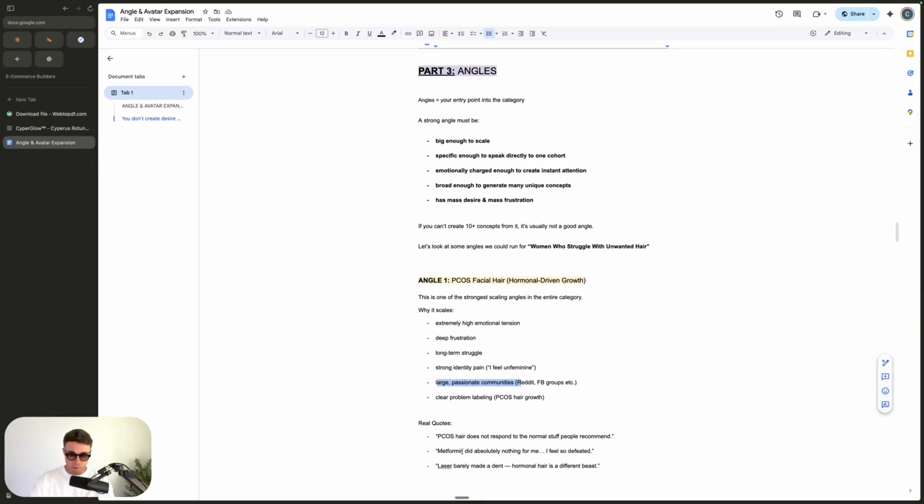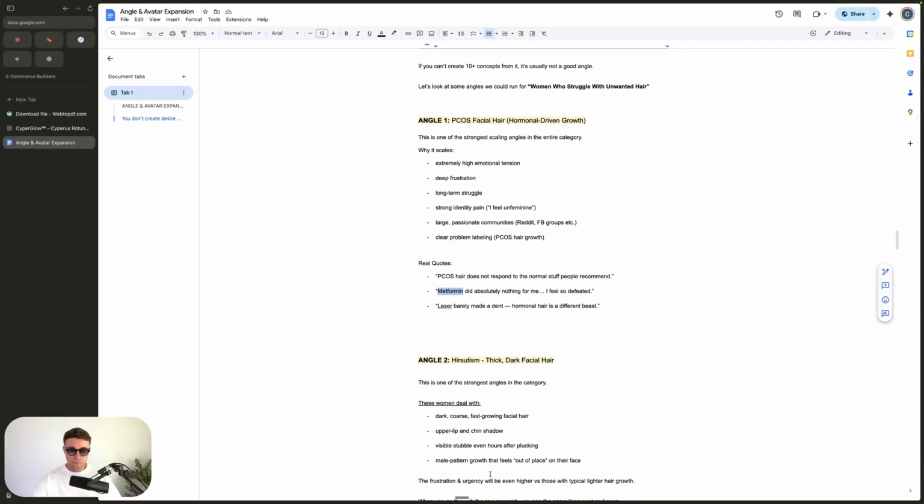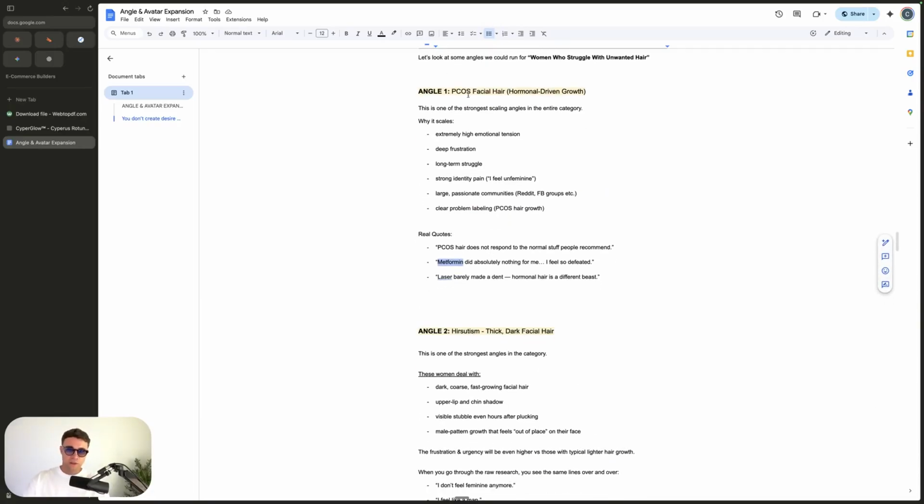Metformin did nothing for me, which is a type of medication that people try. I feel so defeated. Laser barely made a dent. Hormonal hair is a different beast. Now, the second angle, which is quite similar to PCOS, but I would still treat them as different angles, which is